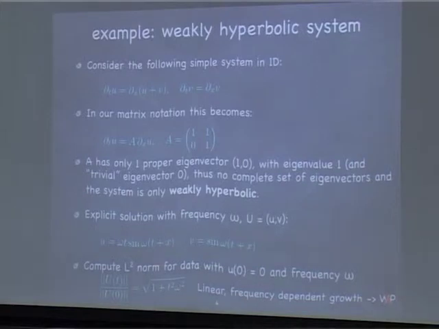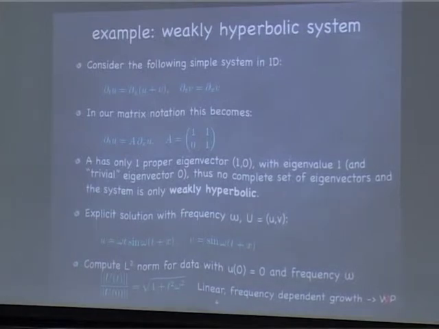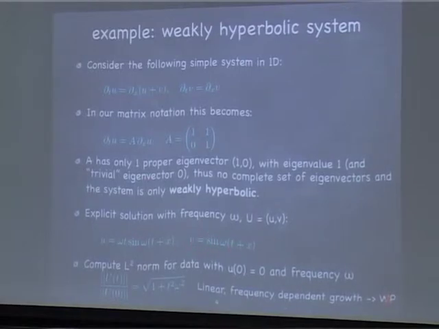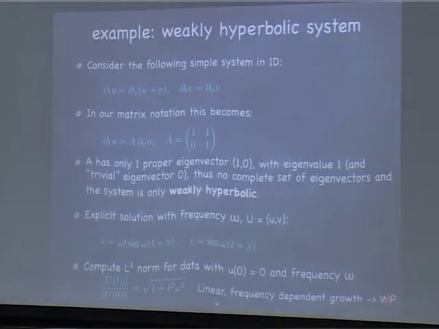Let's look at some solutions. This is a simple system of equations. We can write down some explicit solution. Here we choose a solution with frequency omega. Okay, so let's write this down. Our solution is u equal to sin(omega t), and v is sin(omega times (t plus x)), which also looks quite reasonable at first sight, but actually we see that there's a problem,